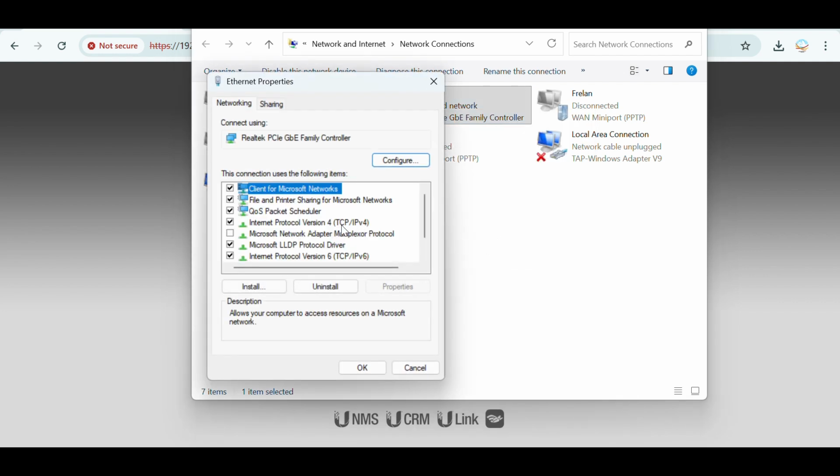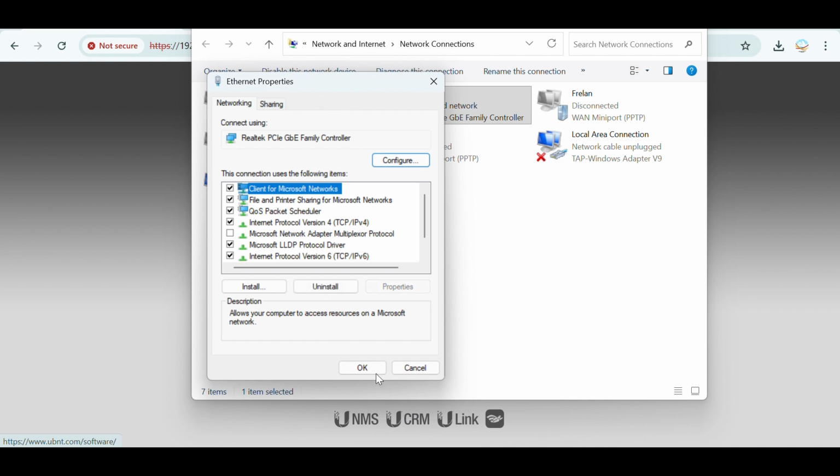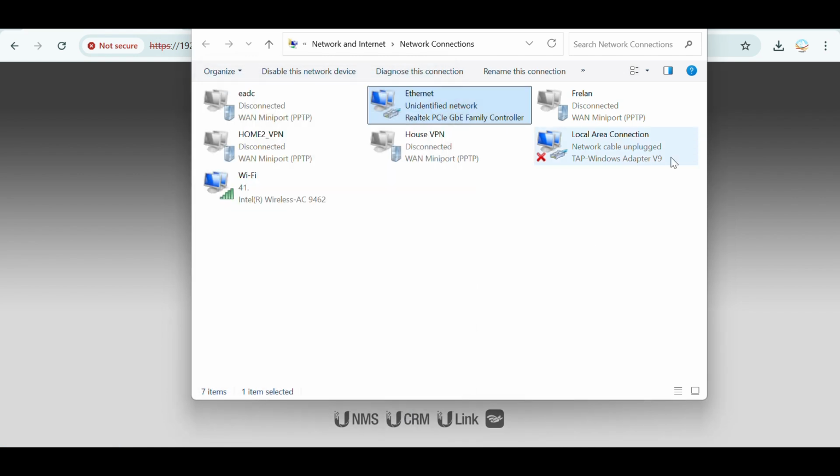You'll open properties, then you go to internet protocol, then use the following IP address. You assign it static IPs, but if it's new, you assign it 192.168.1 something, so that you'll be able to log into .1.20. But mine, because I've changed my network, I've assigned it 88. My PC is 88.199, and the local NanoStation I've actually assigned it